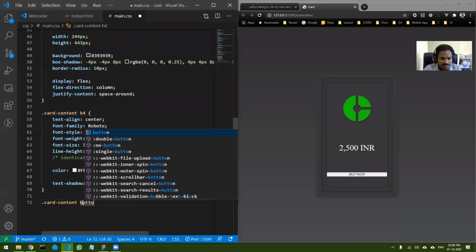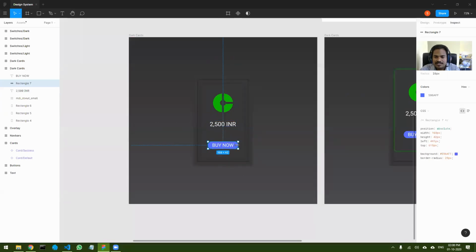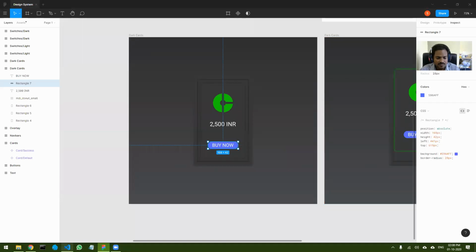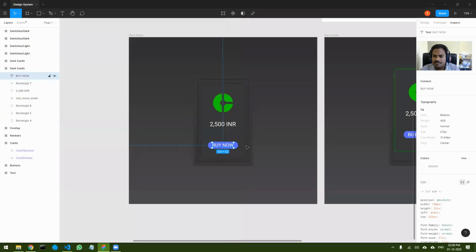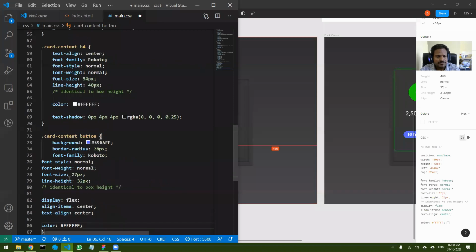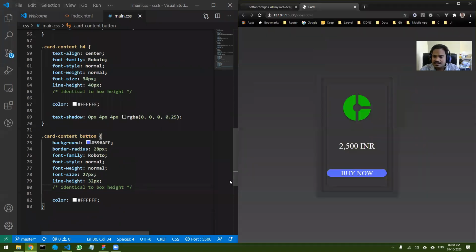So button. Now let us find out what is the button style. Let's come over here, and you can see the button style is easily visible over here. So I can just come over here, paste it. And I also need to copy the style of the font. So color, font family, everything, let's copy and paste it over here. And remove display flex and everything. Save, and I think that is it.